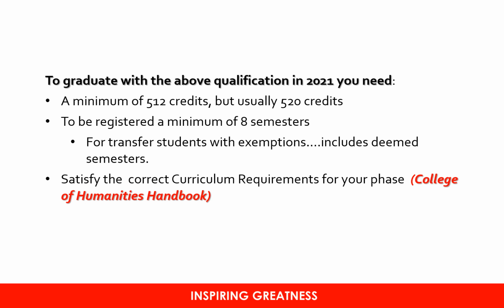Now, the one exception to this, if you can call it an exception, is for students who've transferred, either from another qualification within UKZN or possibly from another institution, such as UNISA. Now, for those students who've transferred, if you completed modules which we recognize within our qualification, and we have exempt you with credit from some of our modules based on the modules you have passed elsewhere, then it is possible that we have also recognized a semester or 2 that you were registered in your other institution or for your other qualification. These semesters that we recognize from outside the B.Ed, these are referred to as deemed semesters. So if you are a transfer student, it is possible that you do have 1 or maybe even 2 deemed